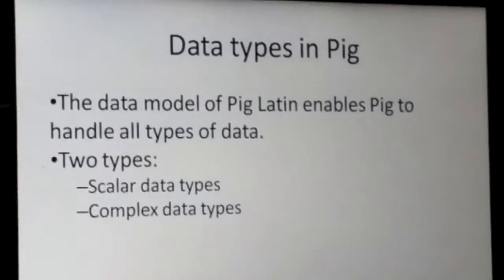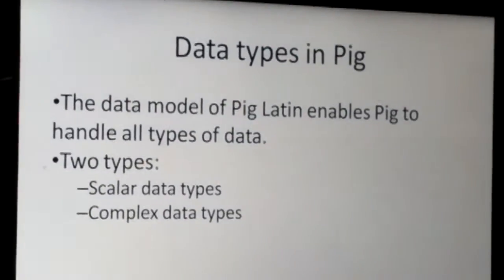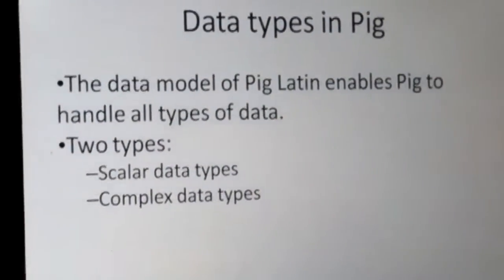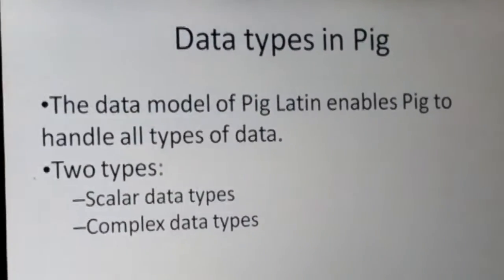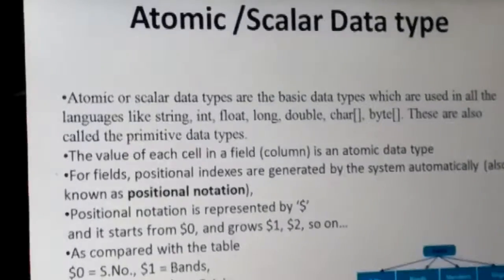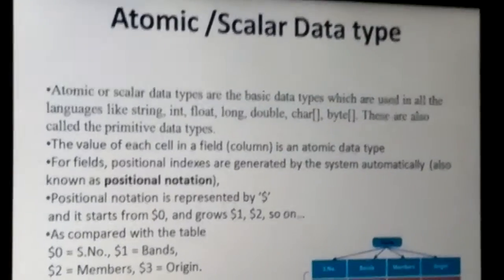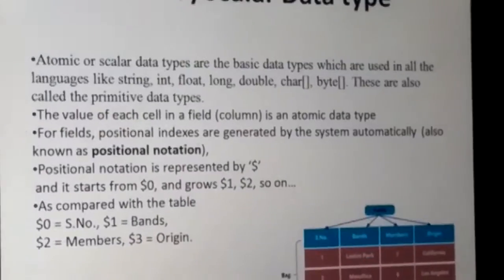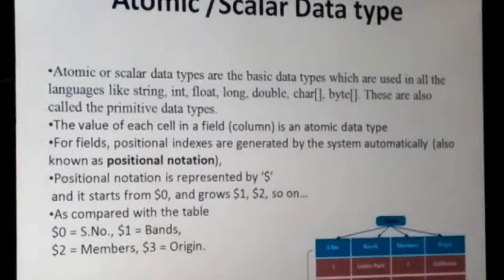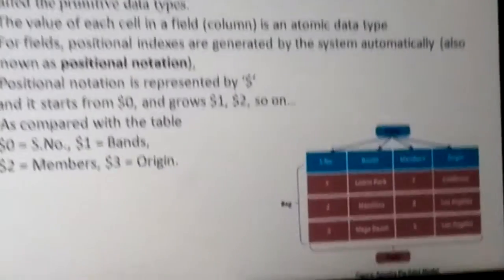Data types in Pig. Pig supports two types of data, that is scalar data and complex data. Under scalar data, we will be dealing with the atomic data. All the primitive data types like string, int, float, long, double, then character array, byte array, they are included under